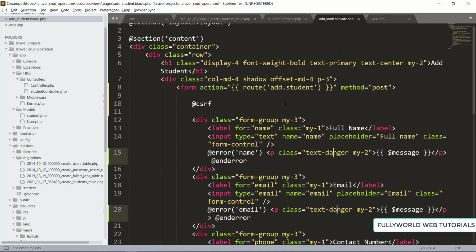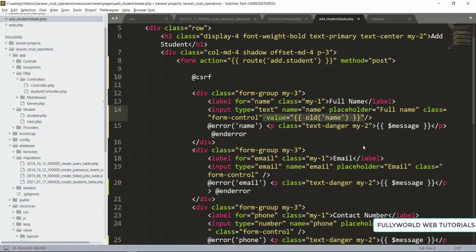So there is one function. So in the value we are going to use one function, and that function will be old, in the old, and then we have to use name fields. It will keep the old values of the fields whenever it is going to validate the data.